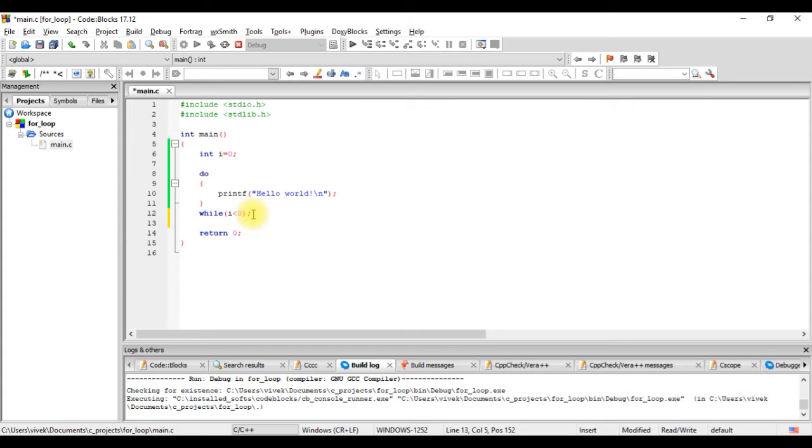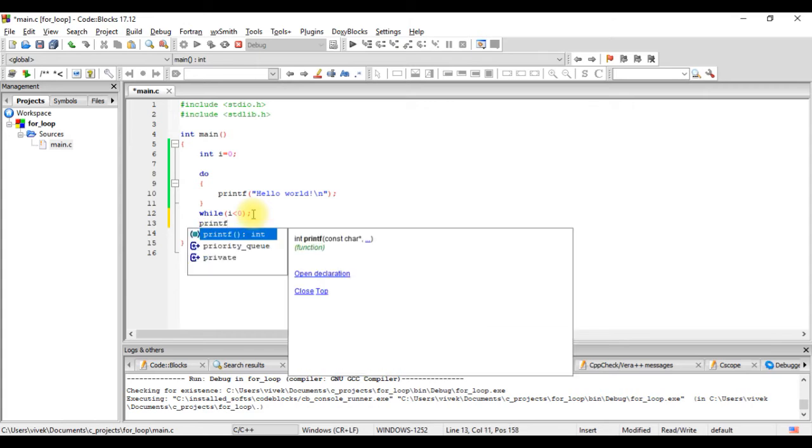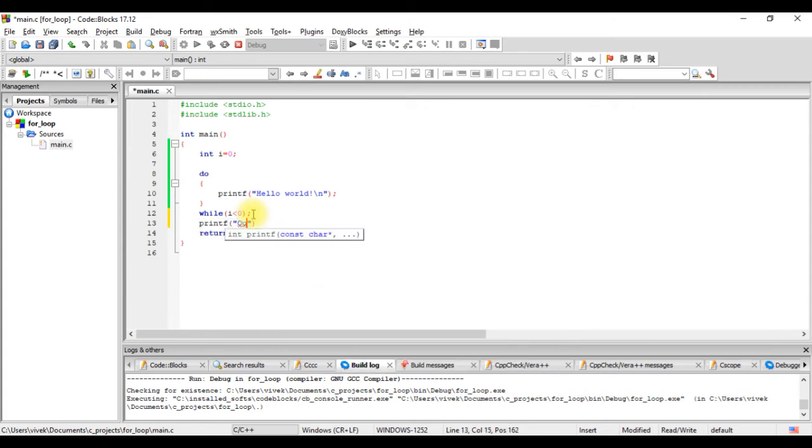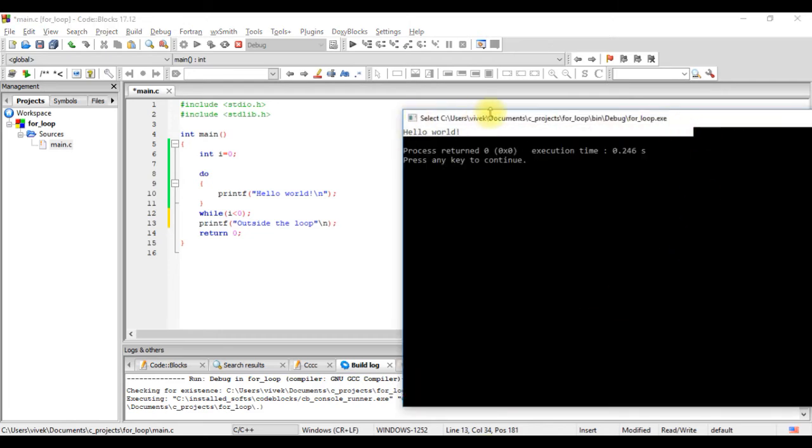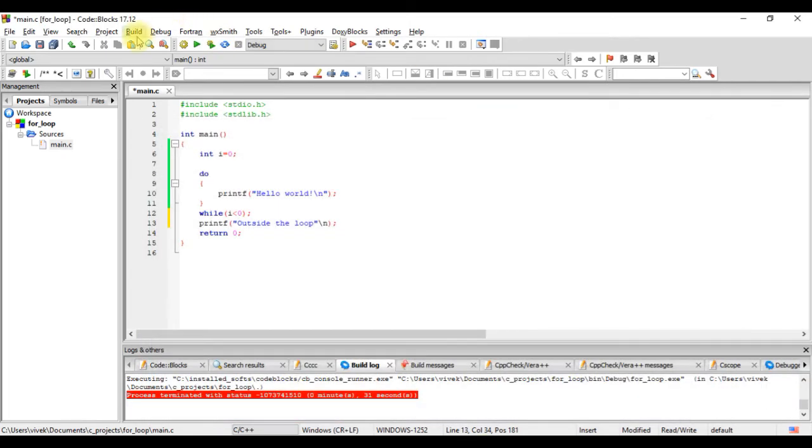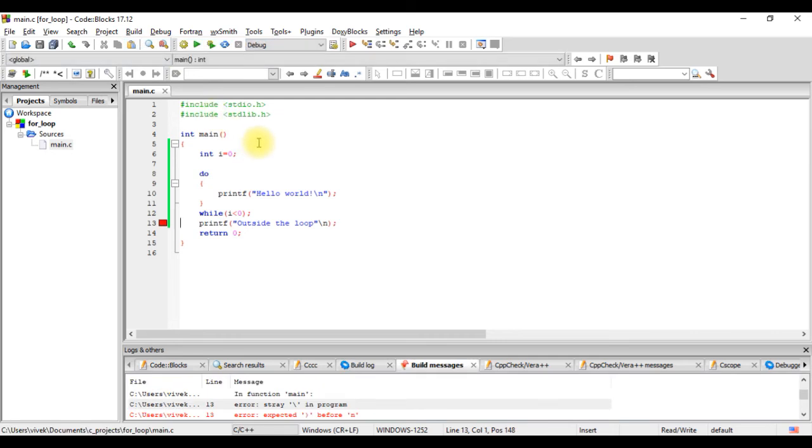Let's print a statement here. Printf outside the loop. We'll run it again. I made a mistake here.